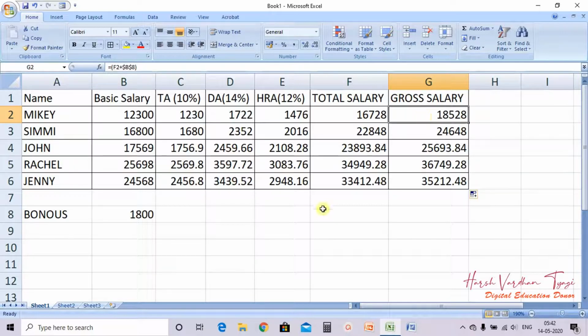Clear? Now coming to the next, we have the last reference, that is absolute reference. Now what is absolute reference? Absolute reference means in which the formula will remain the same if it is copied from one location to another. It means it remains fixed, the complete formula will remain fixed, there should be no change. Okay, take an example.